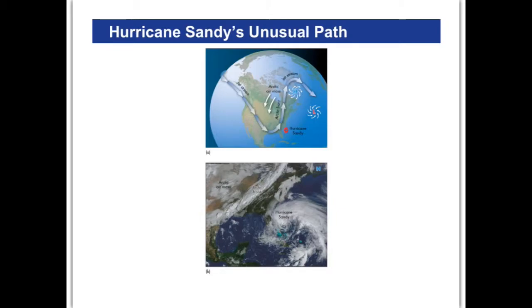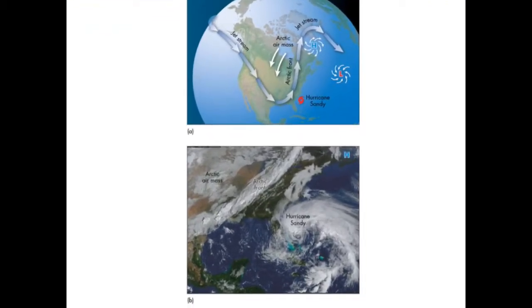In fact, here's an even better image, I didn't even realize I had this one. This is an even better image of Superstorm Sandy and the Arctic front. Let's see if I can make this a little bit bigger right here. So here's Hurricane Sandy coming up, and right here is that big Arctic cold front.